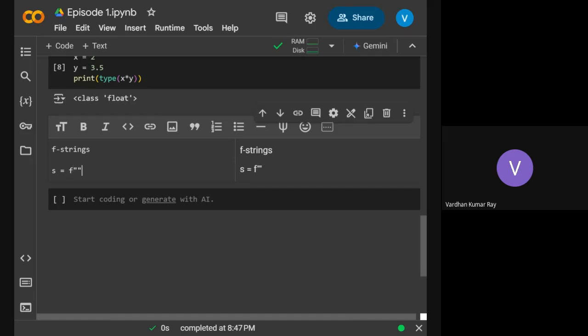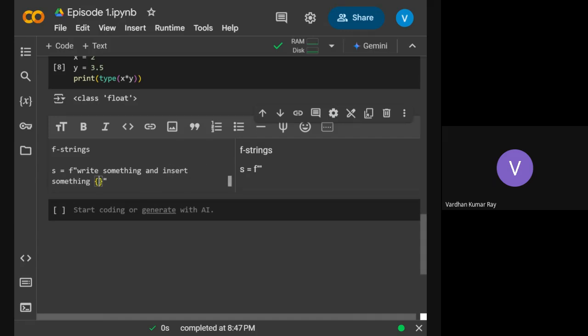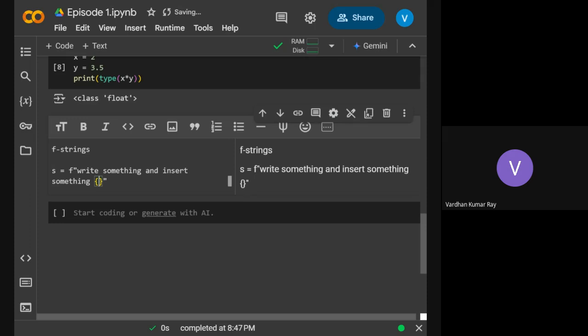If you want to insert some value within that string, a variable value or some actual value, doesn't matter, I write f double quote, then I start writing something and insert something. If you want to store the value of the variable in that string somehow, you can use these kinds of methods.